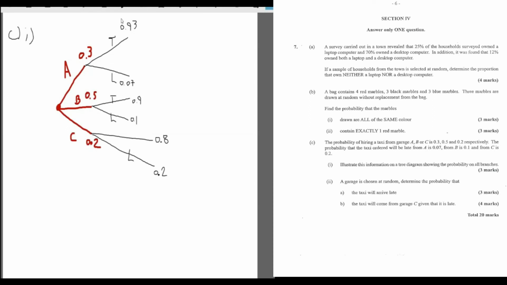So what's the chance of the taxi being late? The chance of the taxi being late will be the chance of A being late plus the probability of B being late plus the probability of C being late. I'm just going to write the probability of the taxi being late is equal to the chance of A being late. So that is 0.3 times 0.7, because that's the chance of A even getting picked, plus